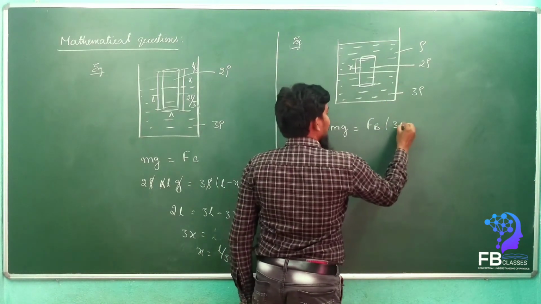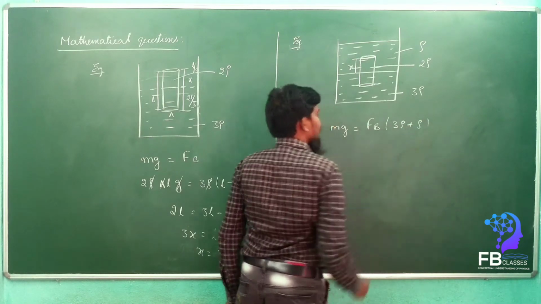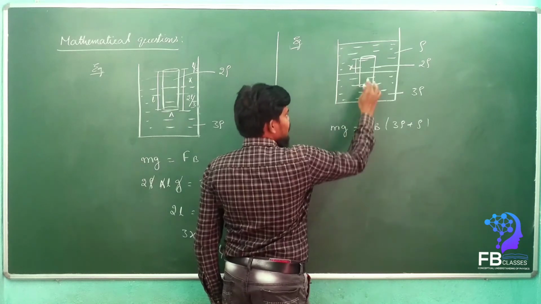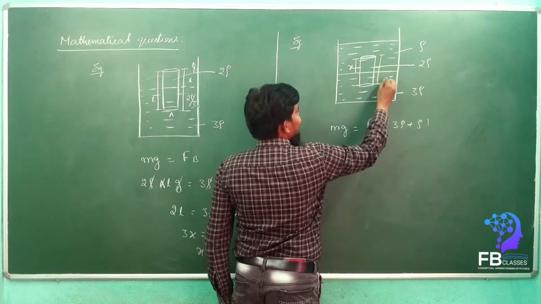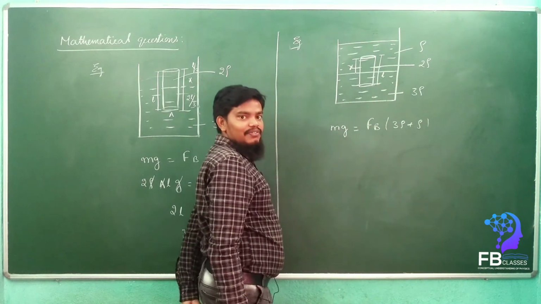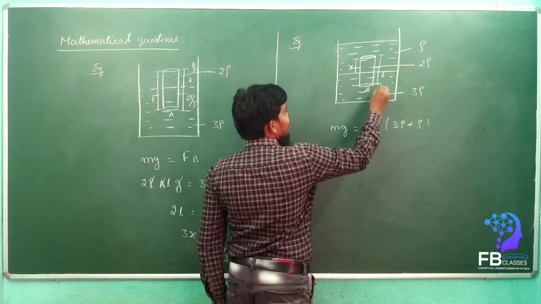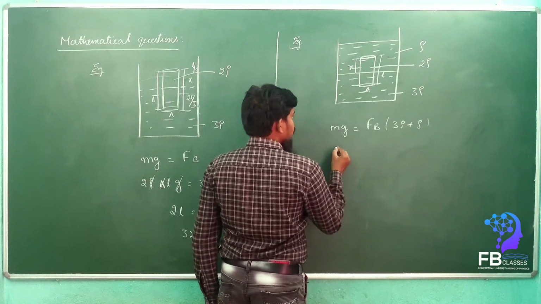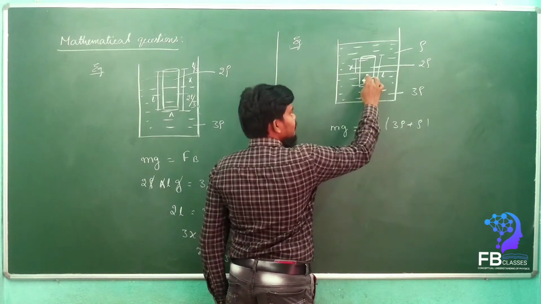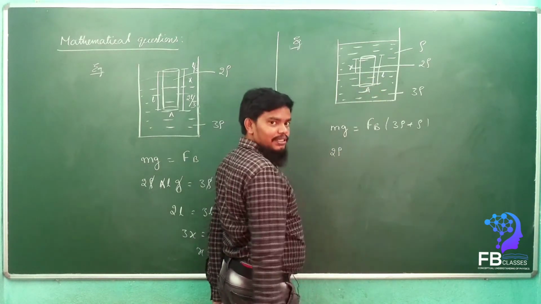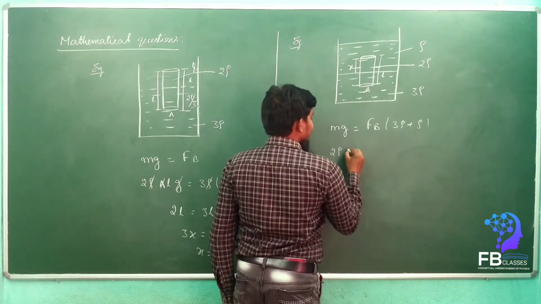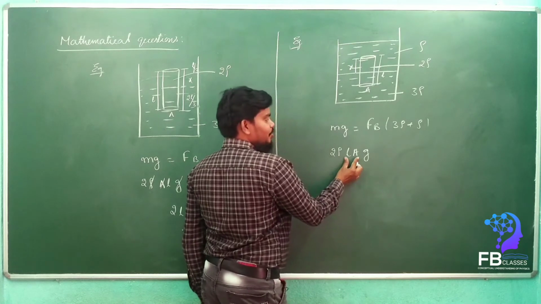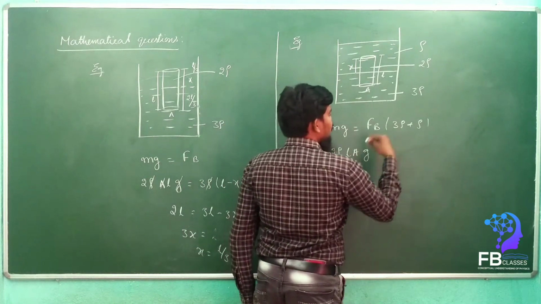So that is the buoyancy. Let it be mg, the mass here. Let the length of the cylinder be L and the area be A. So now what will happen? mg: the density of the cylinder is 2 rho, and the volume is, how much is the volume, my dears? L into A. Into g. So L into A is the volume, this is g, that is equal to the force of buoyancy.